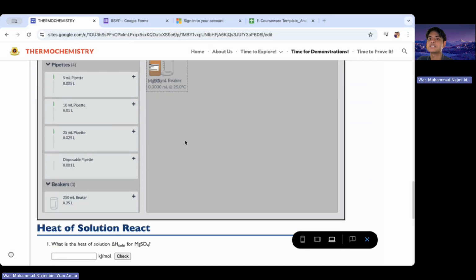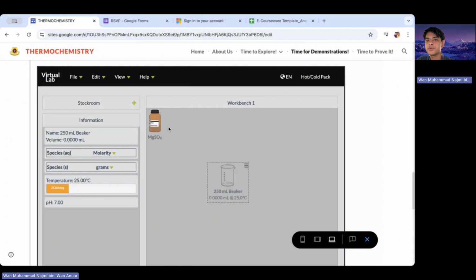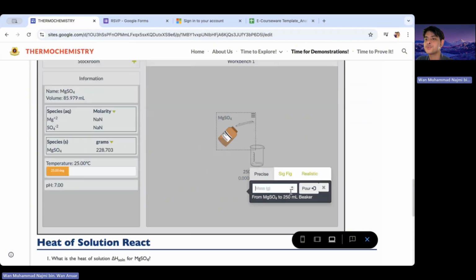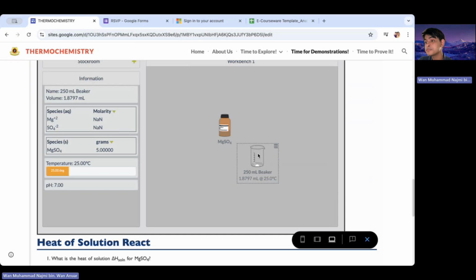You take a beaker, and then you put the required amount of magnesium sulfate into the beaker. I put 5 gram for example, and then I pour, and the website already pours you 5 gram of